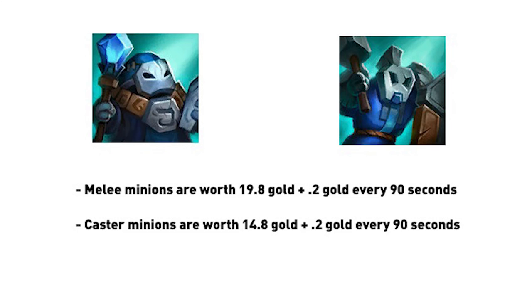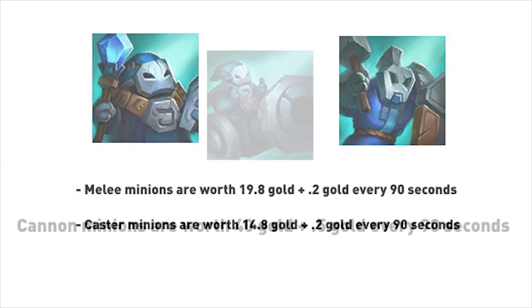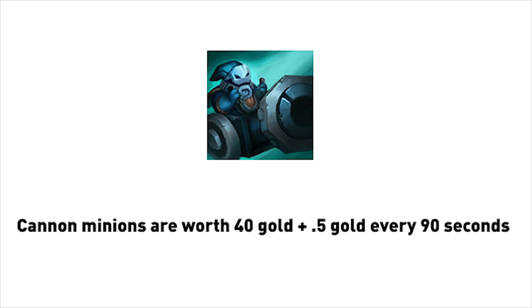Succeeding that, we have Melee Minions, and Melee Minions are worth 19.8 gold, but gain 0.2 gold every 90 seconds, so their worth goes up. Same thing with Caster Minions, they're worth 14.8 gold at the start of the game, but then gain 0.2 gold every 90 seconds as well. Next we have the Cannon Minion, that's worth 40 gold, but instead of gaining 0.2 gold every 90 seconds, gains